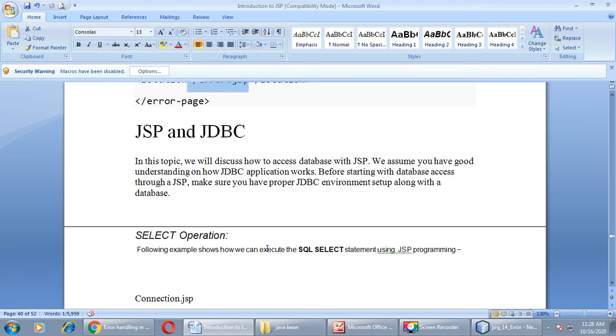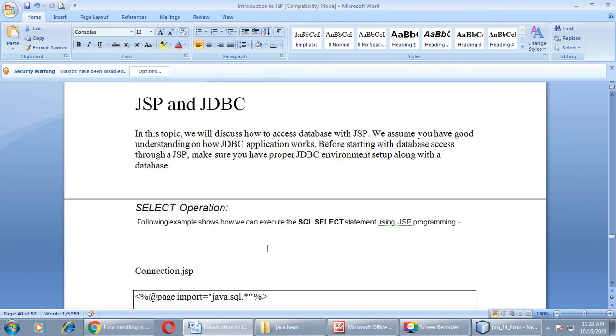Now let us move on to the next topic, that is JSP and JDBC. In this topic we will discuss how to access a database with JSP. Here we are assuming that you have a good understanding of how a JDBC application works, right?